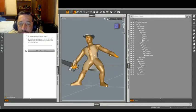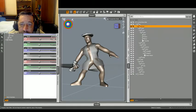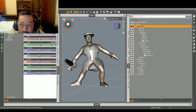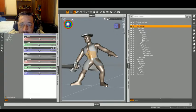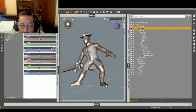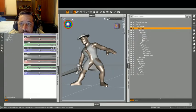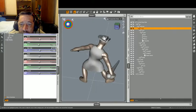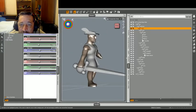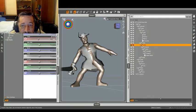Now, we're going to bend the upper torso forward, or the lower torso forward, and twist it just a little bit. Then we're going to bend the chest forward a good bit, twist it a good bit more, and a little bit of side to side. Now the reason for that is that you never want the hips and the shoulders parallel to each other on any side. Now we're going to twist the upper arm,